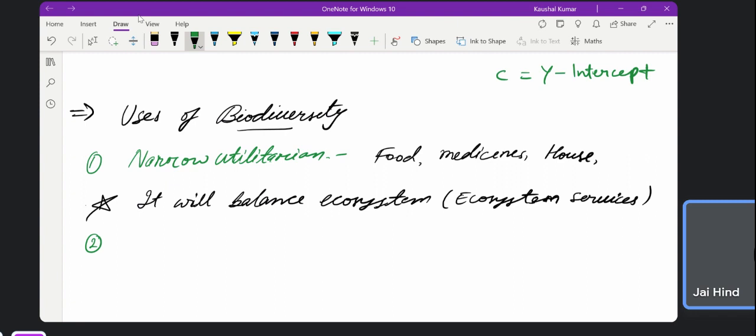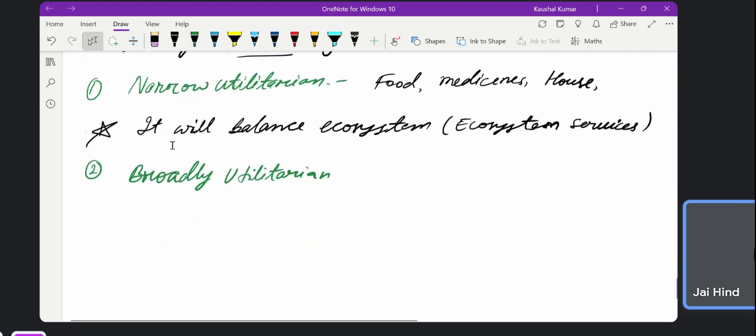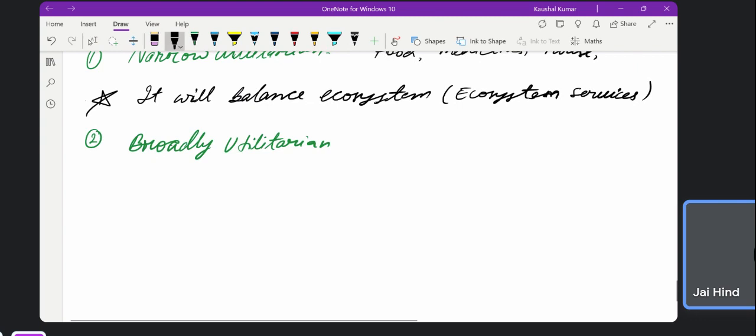So these are all at mass production. You can go for this. That is called the broadly utilitarian, like how you will utilize the biodiversity in a broad manner. So what are the broad manners? Simply, industries,